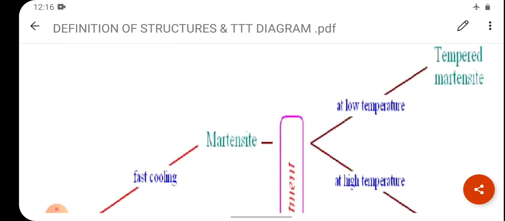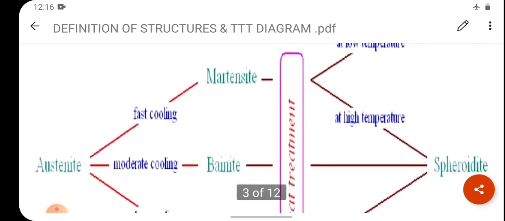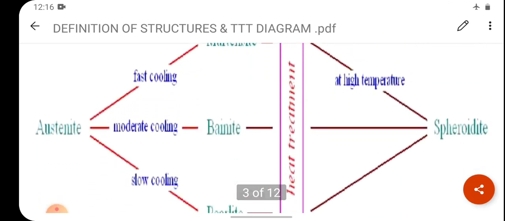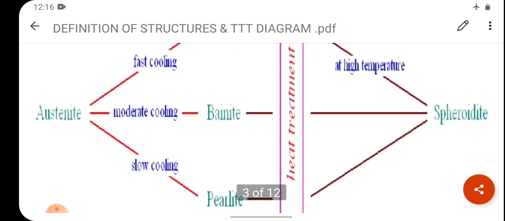Clear? See this diagram, I have written with blue color here, that is heat treatment at low temperature. So we will get tempered martensite, and at high temperature we will get bainite and perlite in spheroidite. Clear? So austenite is converted into martensite and bainite and perlite,